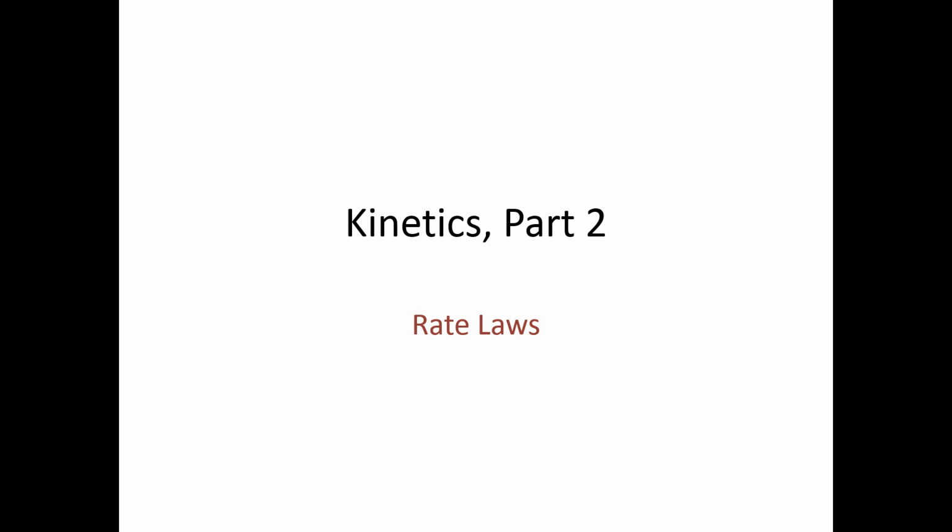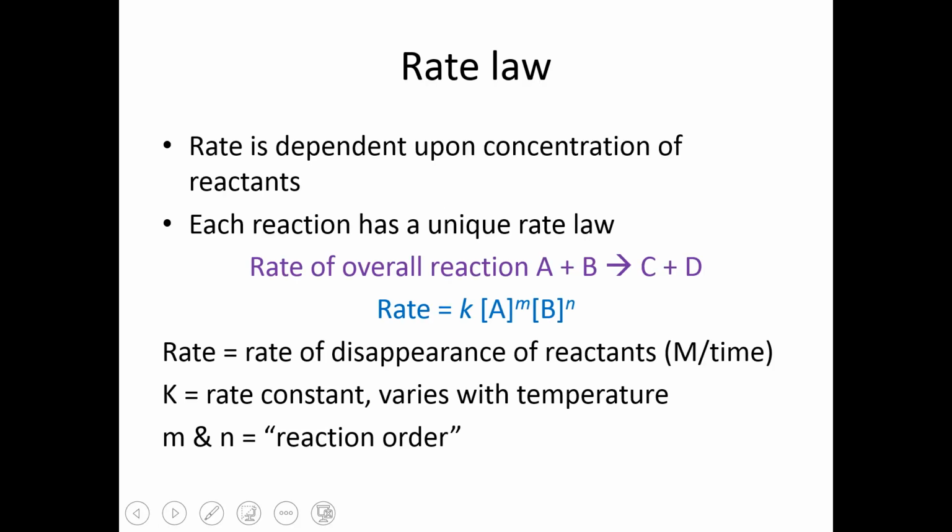In this video we will be talking about rate laws and how to determine the rate law for a reaction using data. So let's first define what a rate law is. We know that rate is dependent upon concentration of reactants. When the reactants are more concentrated, there's more of them in a given space, they're more likely to bump into each other, and the more frequently they bump into each other, the greater the reaction rate, the more often a reaction will occur. We know rate is also dependent upon things like temperature, which will also increase the number of collisions